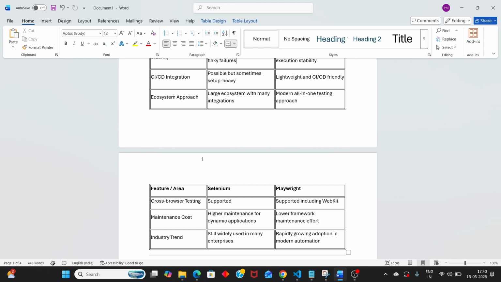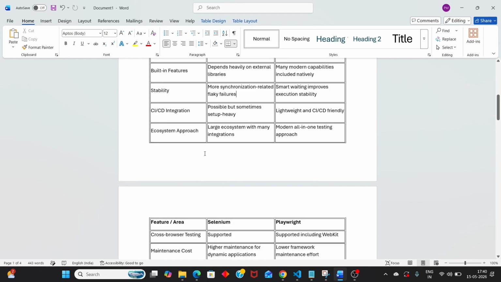Maintenance cost. When it comes to Selenium, higher maintenance will be there, and in Playwright, it's lower framework maintenance. Industry standard. Selenium is still being used, it has multiple advantages, and it has been widely accepted in many enterprise applications. But Playwright is now rapidly growing, and it is adapting to modern automation. So if you consider all these points,